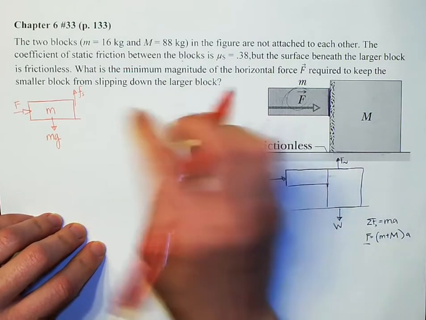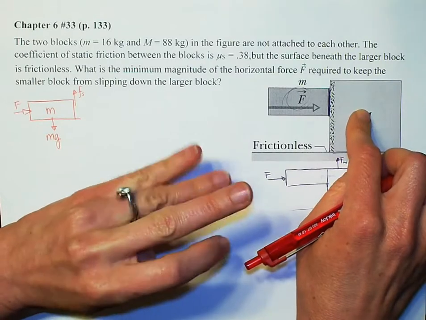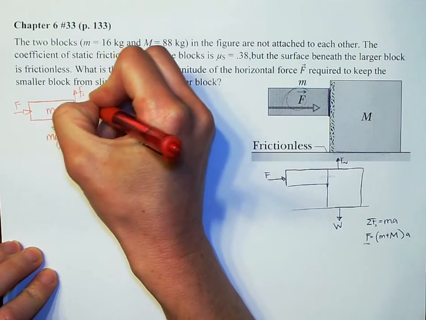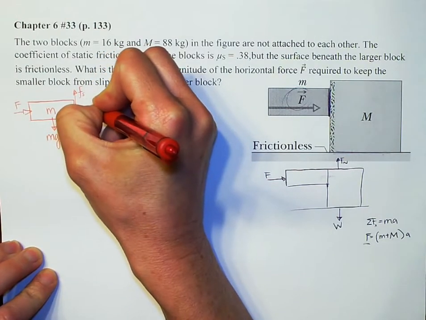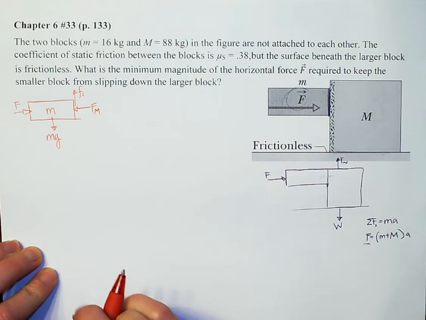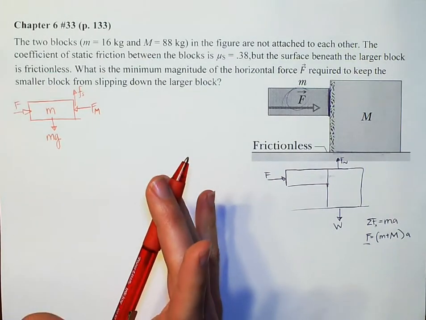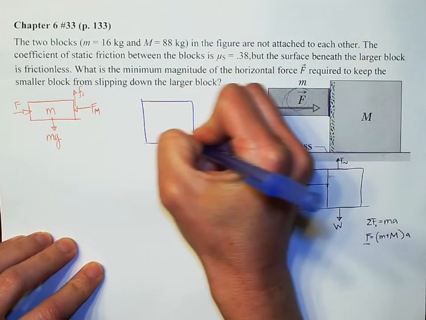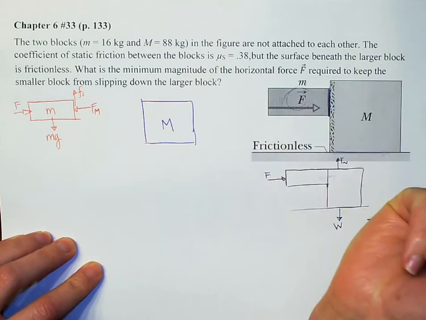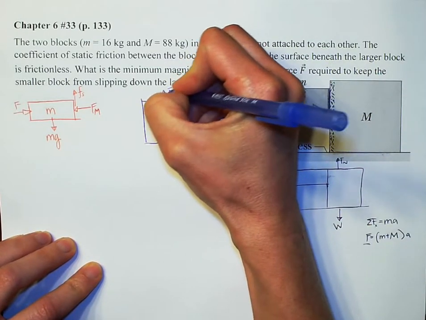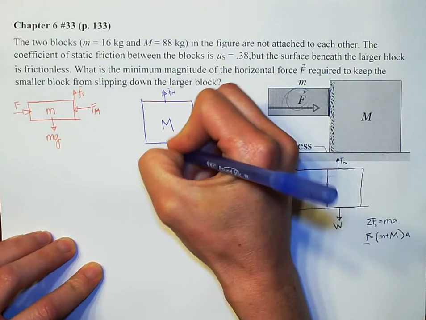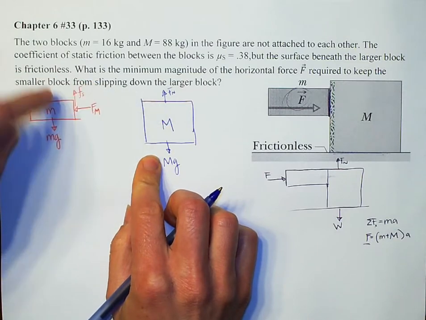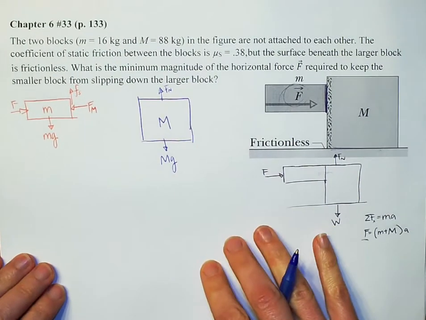And then what else? We are also pushing onto this big block. And so there's going to be a force from the big block pushing back onto the little block. So I'm going to call that Fm, because it's force from my M block. So there's that. Let's draw our bigger one while we're doing free body diagrams. So here is big M. And for this one, I'll have the normal force since it's touching a surface here. I will have the weight, so capital Mg. I will also have the force of the little block touching the big one. So that is